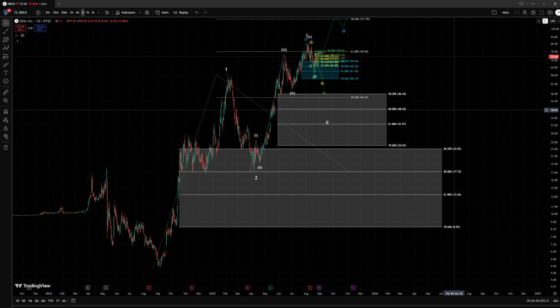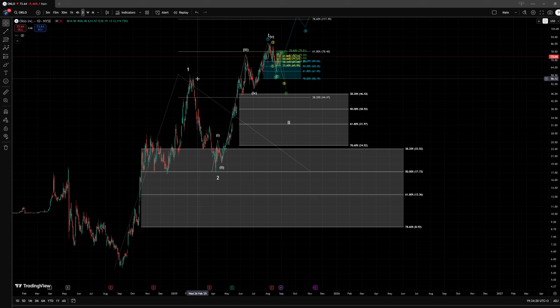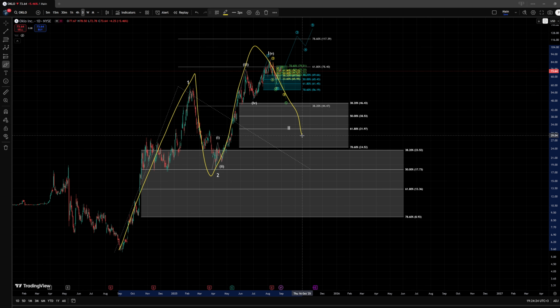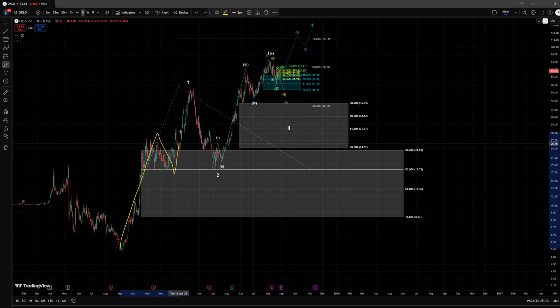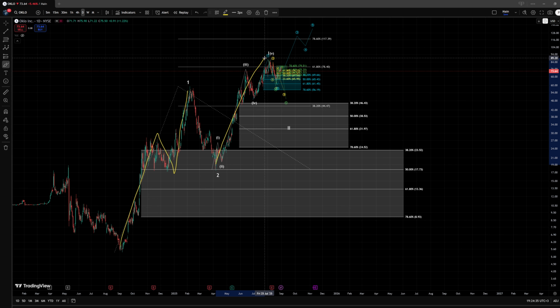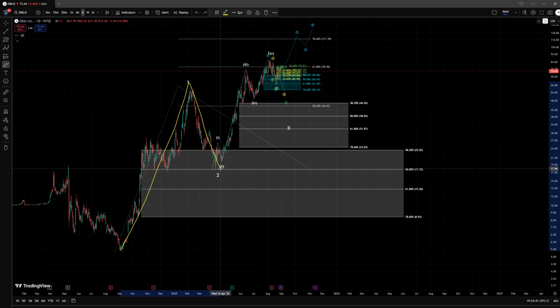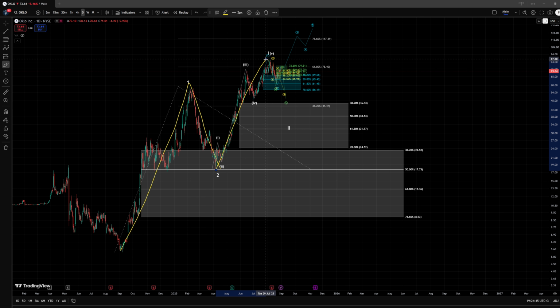In this video we are looking at OKLO, and on this chart we have been tracking this as a double 1-2-1-2 setup that is developing. Now the substructure of these movements can be a bit debatable, meaning this could be an ABC that developed and then this could be an A wave within the third wave, but regardless of that we have been tracking here a 1-2 and then it got followed up with another wave 1 in 5 waves,